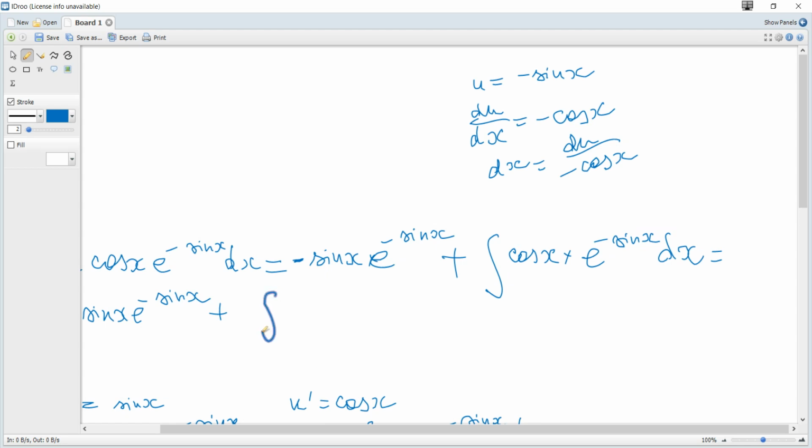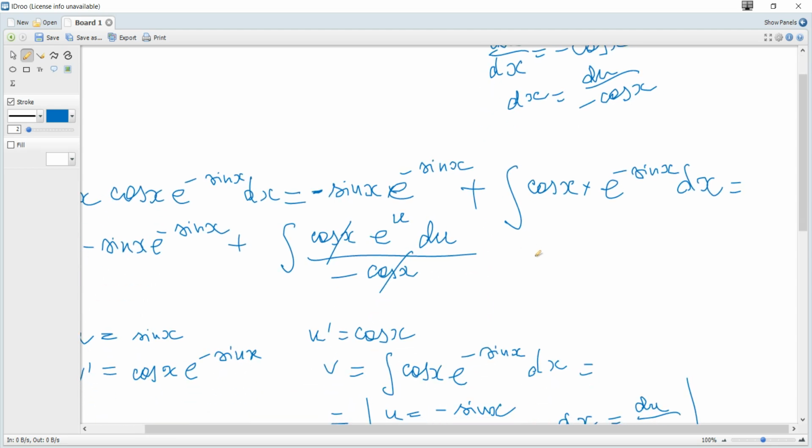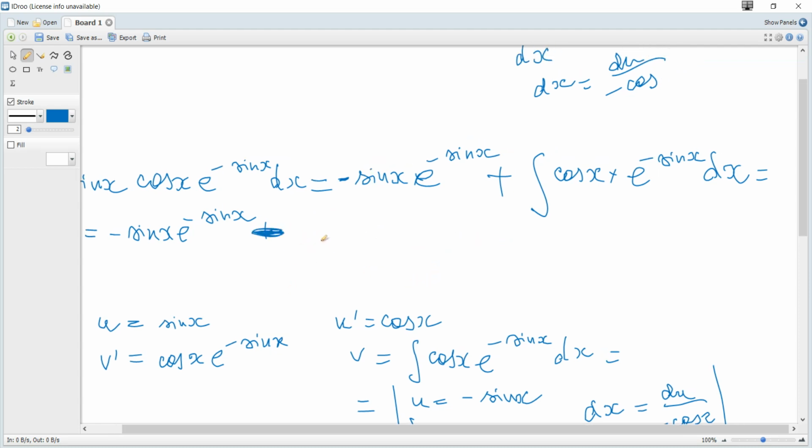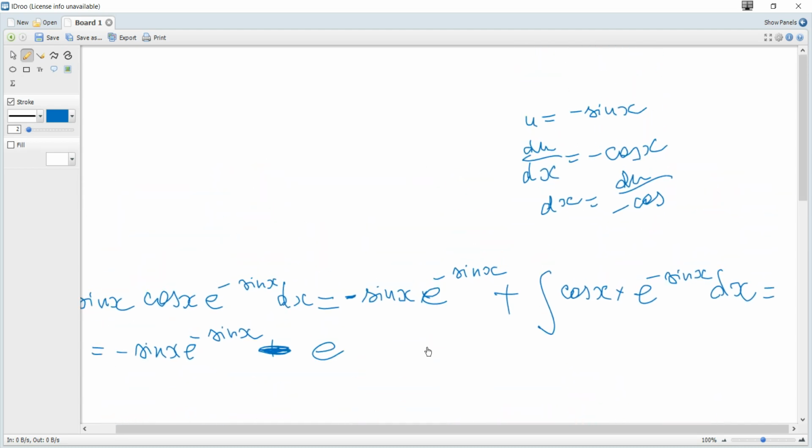So this integral becomes cosine e to the power of u, and dx is du over negative cosine, and it's negative e to the power of u,